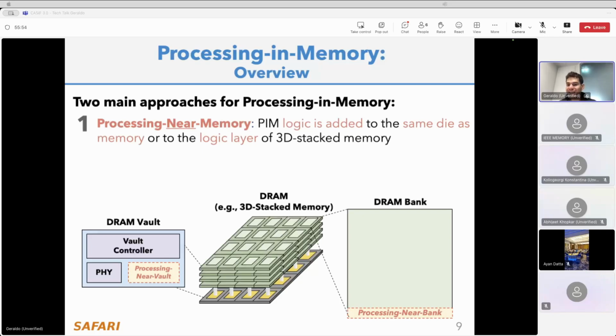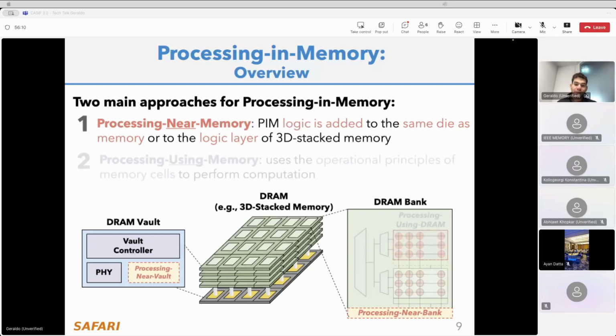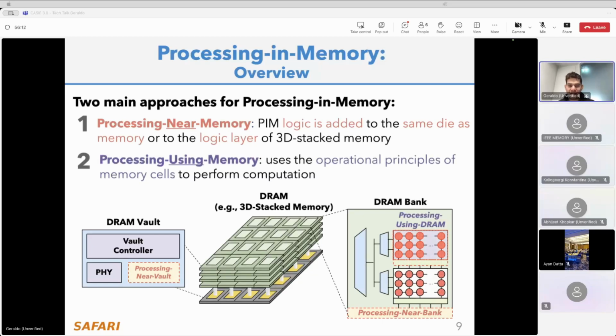So here, the idea is still quite similar to the von Neumann model that I briefly mentioned earlier, where we still have the separation between compute and memory, but we are going to integrate the compute elements near the memory elements themselves. The second approach is